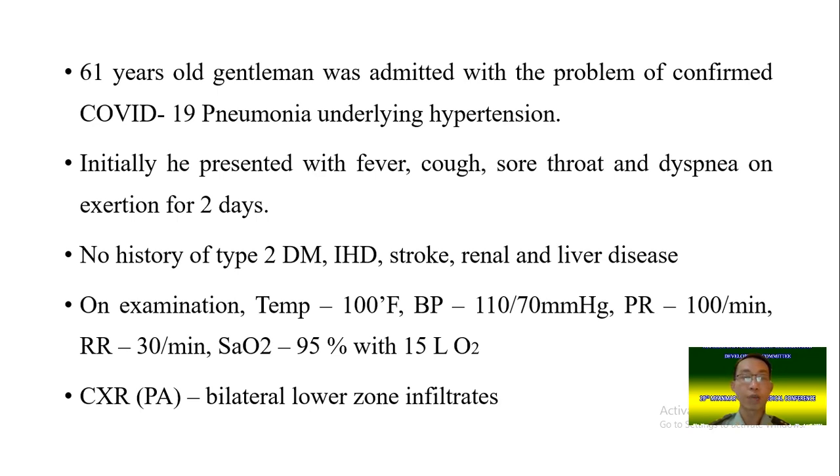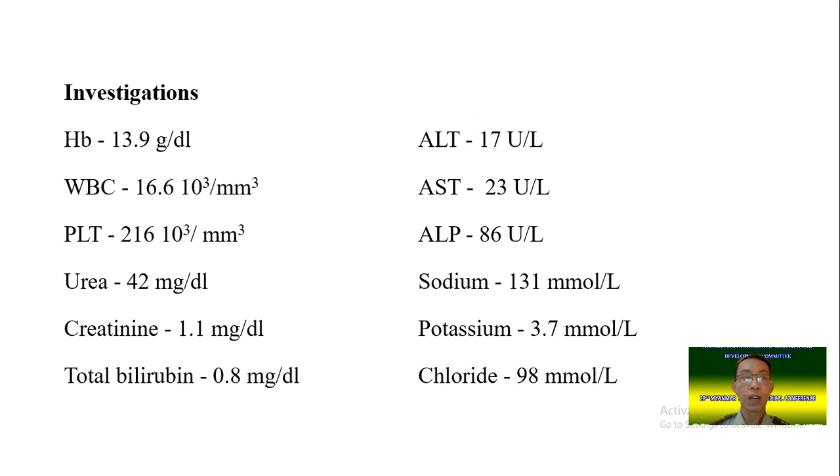On examination, temperature was under 100 degrees Fahrenheit, blood pressure 110 over 60 to 70 millimeters of mercury, pulse rate under 100 per minute, and respiratory rate 30 per minute, and saturation was under 95% with 15 liters of oxygen. Chest X-ray revealed bilateral lower zone pulmonary infiltrates. According to his investigations, apart from leukocytosis, all the parameters for renal, liver, and serum electrolytes are